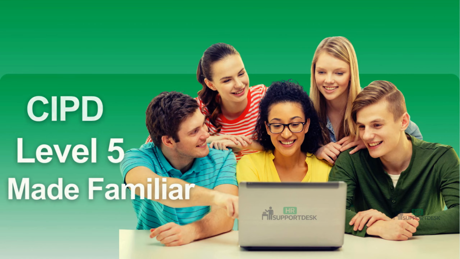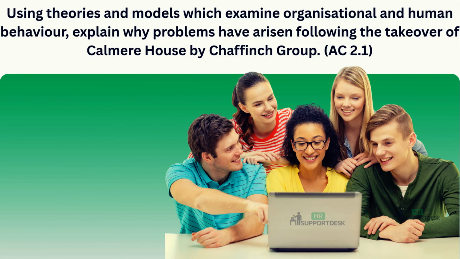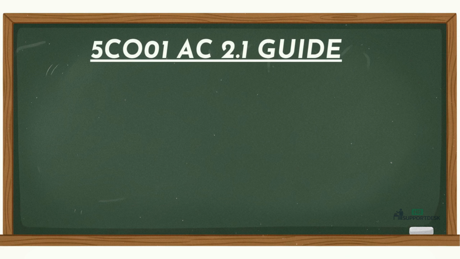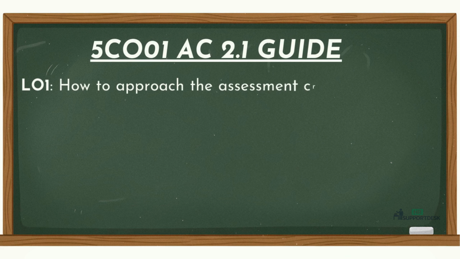In this video, we shall take a look at 5CO01 AC2.1, where you have been asked to explain, supporting your arguments with theories and models that examine organizational and human behavior, why issues have emerged following the takeover of Calmere House by Chaffinch Group. By the end of this lesson, you will know exactly how to approach the assessment criteria